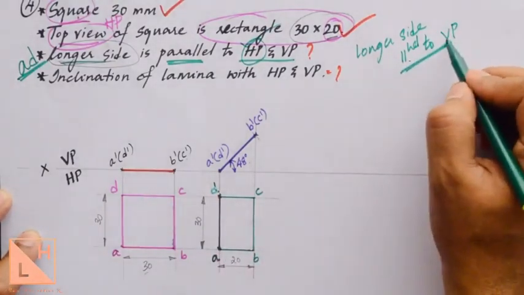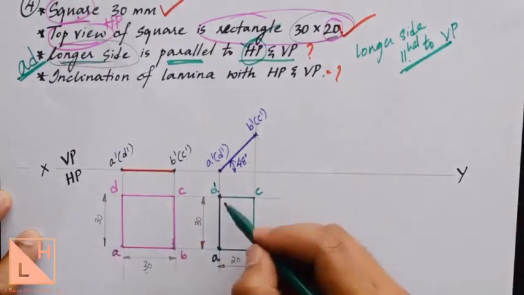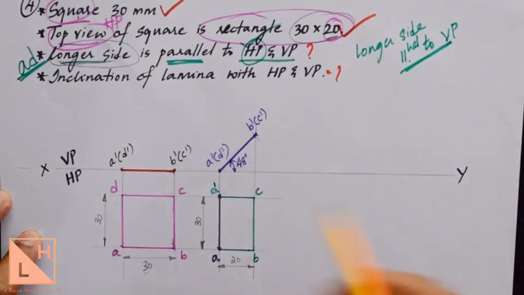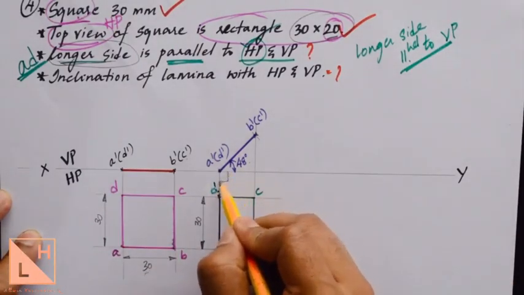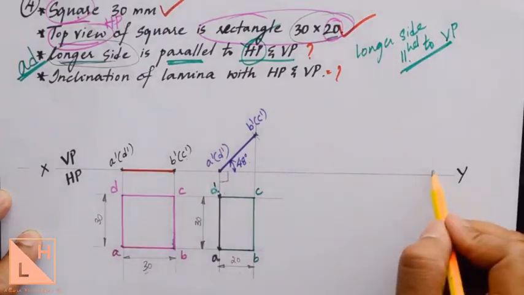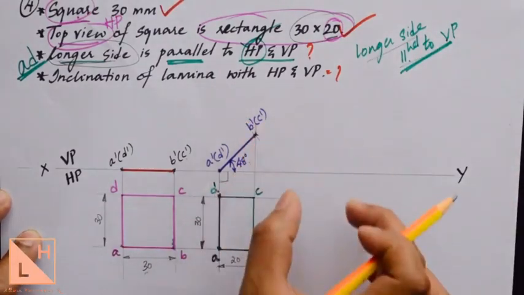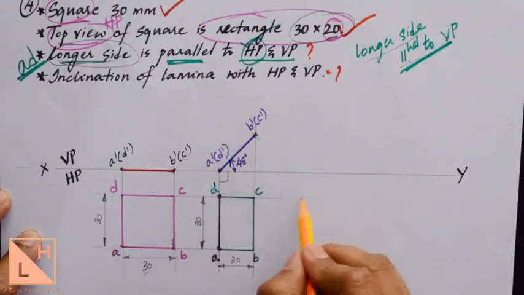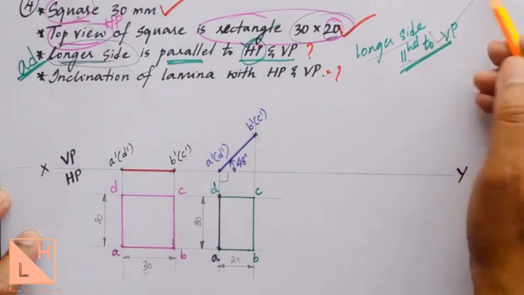For the condition with VP, you will be drawing it in the opposite plane, that is HP. If you check the position of AD over here, it is right now at 90 degrees. This AD is vertical, which means it is at an angle of 90 degrees with respect to the XY line. So take this AD, which is vertical, and make it horizontal. When AD comes here, it becomes parallel to the XY line and it will satisfy this condition.